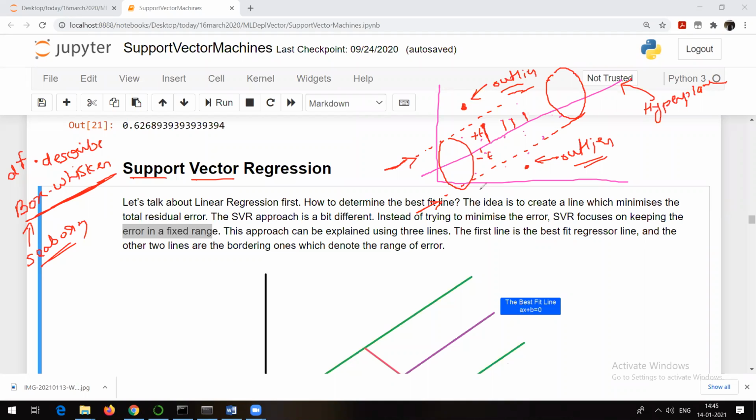So if these two are the outlier values, we are going to come up with this line and this line in such a way that it will be nearer to the outlier, but it is not going to include the outlier. That means except the outlier, this line and this line will be drawn in such a way that maximum points are going to come inside this pipe. We try to adjust the value of this particular alpha in such a way that this pipe contains the maximum number of points.